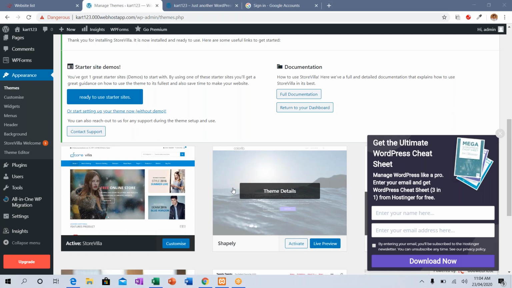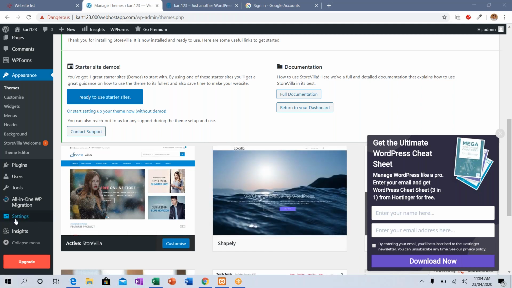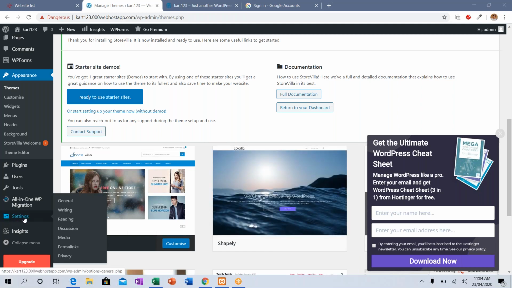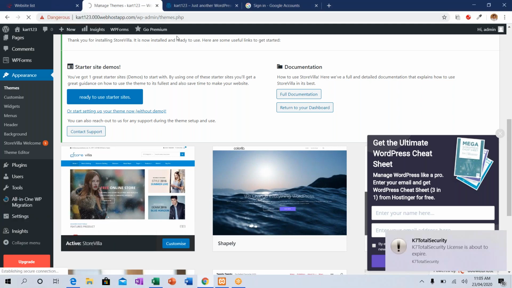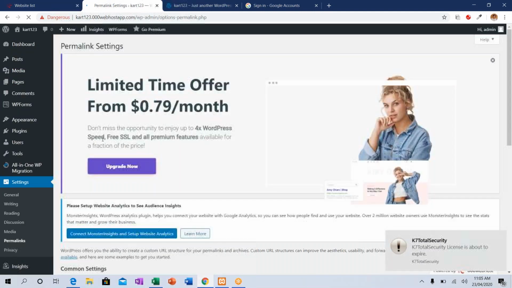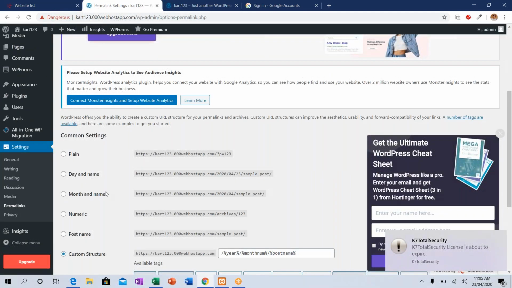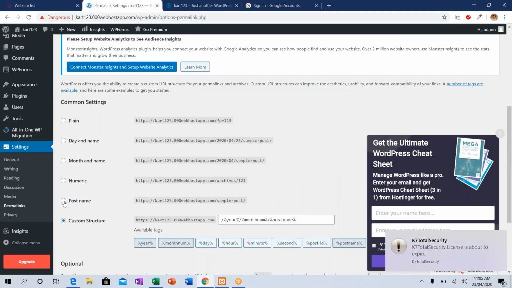Okay, has everyone done with the permalink, right? Permalink. Where do you have to go for the permalink? You have to go inside the settings. You have to go to permalink. In that, you have to go for the option post name. Okay. If not updated, just update it.